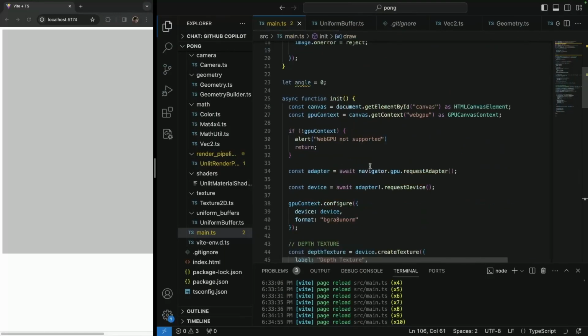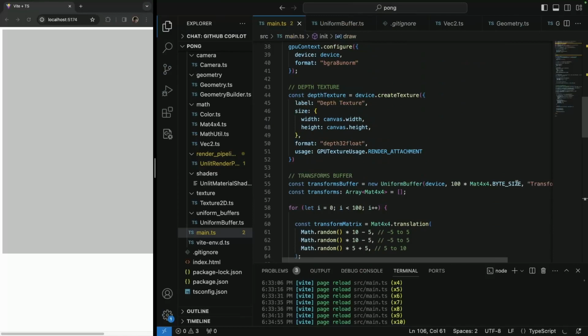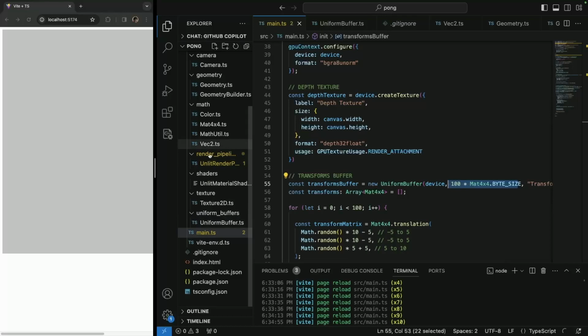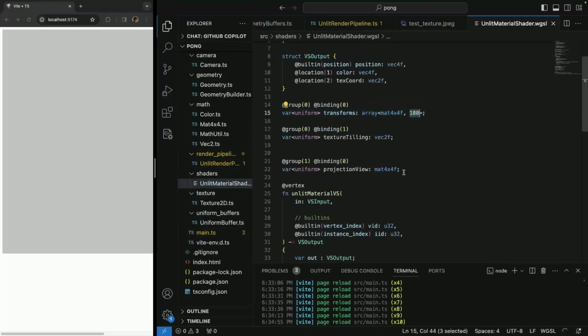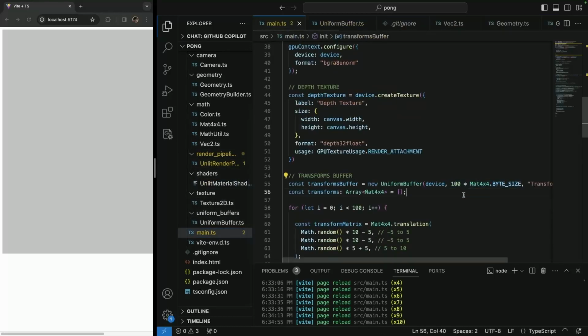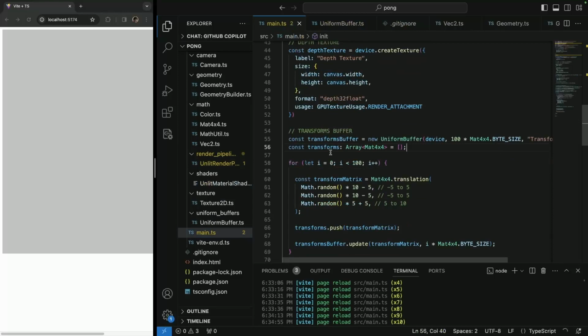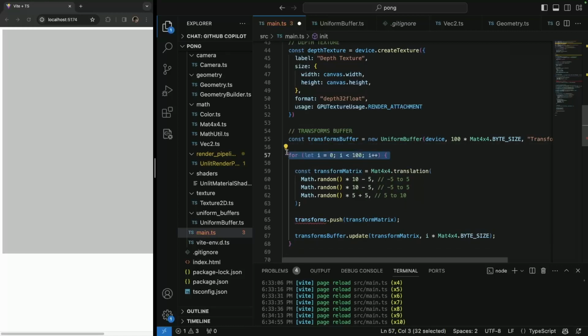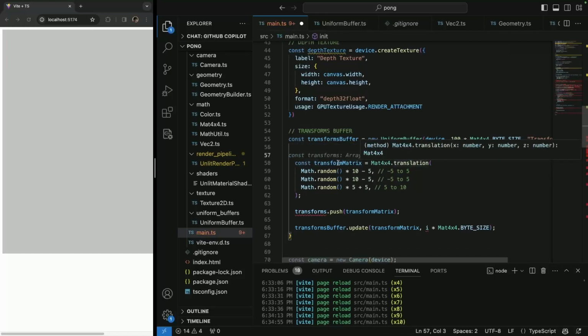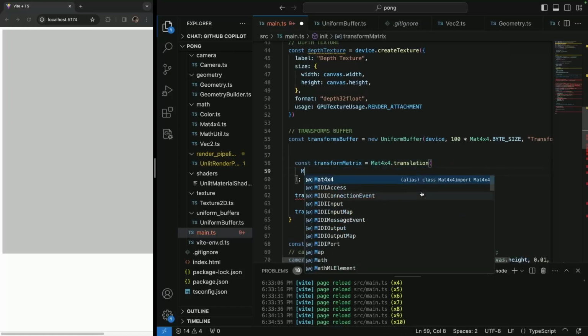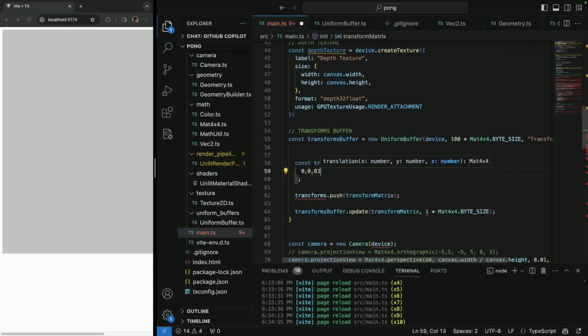So then let's modify some other stuff. Buffer size, we cannot change that because our array size is kind of hard coded in the shader. Here it's 100, so let's not change the size. But what we can change is basically this. We might not even need transforms here. We can just say here transform matrix. We're going to need it. So we're going to place our cube at position 0, 0, 3,